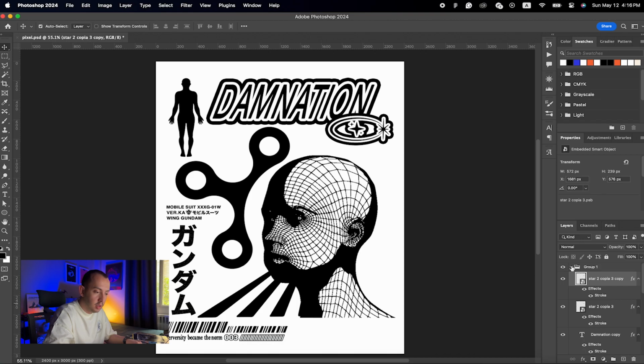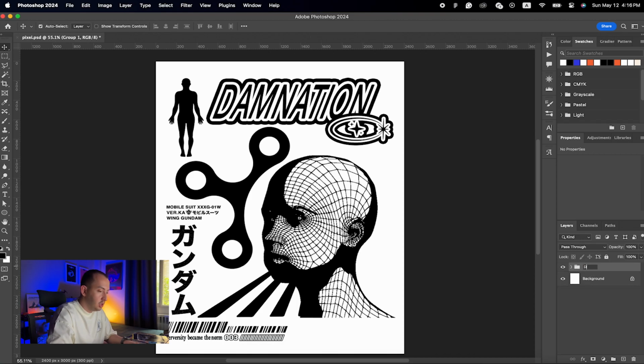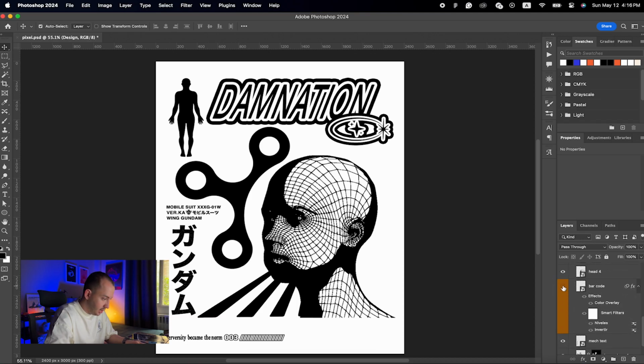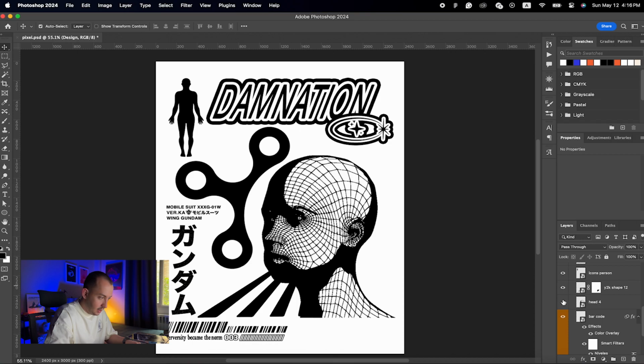This was all the setup, so I will just name it design. So as you can see I have all the layers here, the barcode that I have, these portraits, the lines, everything here. So I've just grouped them all,